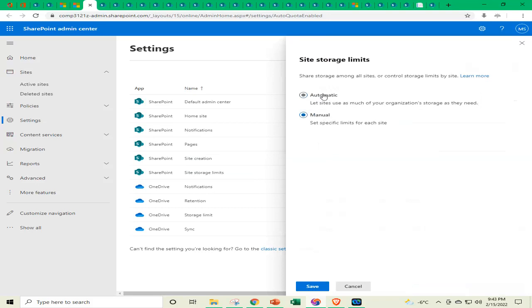But automatic is better. If we have time and if we really want to, we can click on manual and then we can give the specific limits for each site. Now these settings were related with the SharePoint, and these remaining four settings are for the